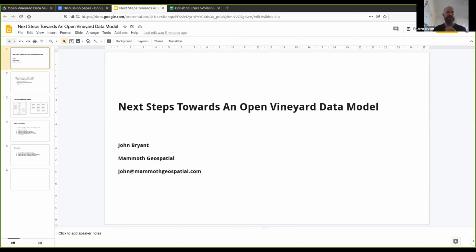So my role with the Collaboraculture project, I've been working on identifying the data issues facing the viticulture community through conversations with people in various roles, such as agronomists, vineyard manager, head of technical services, Viditech startups, and biosecurity, to get multiple perspectives on how they deal with data and what are the problems they face, what are the shortcomings of the status quo.